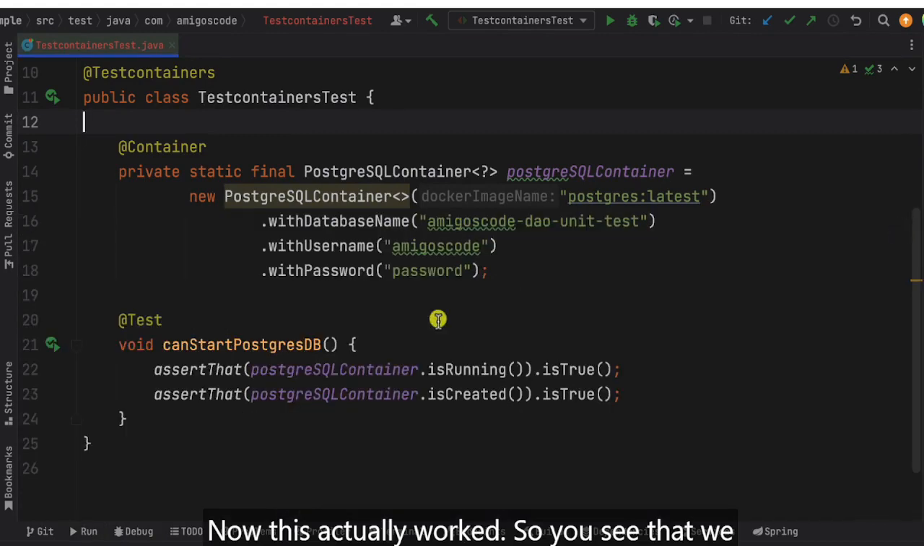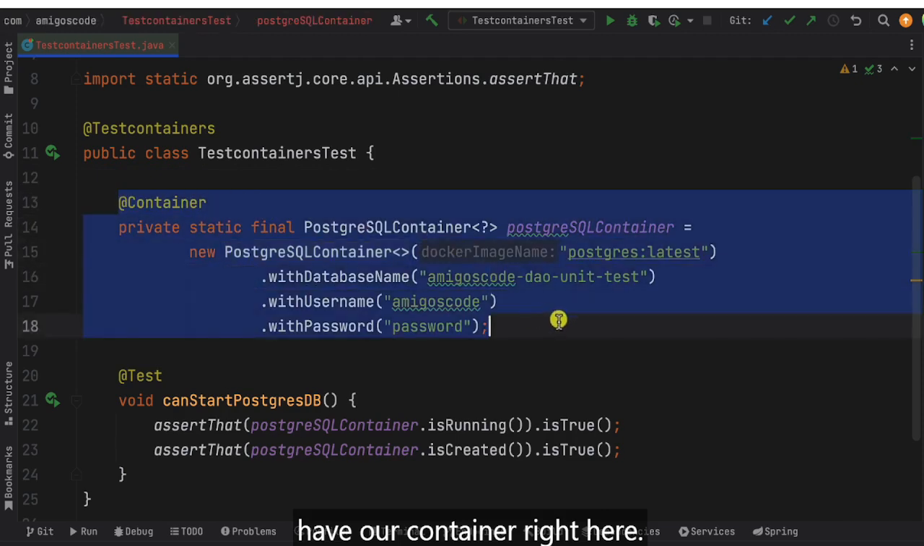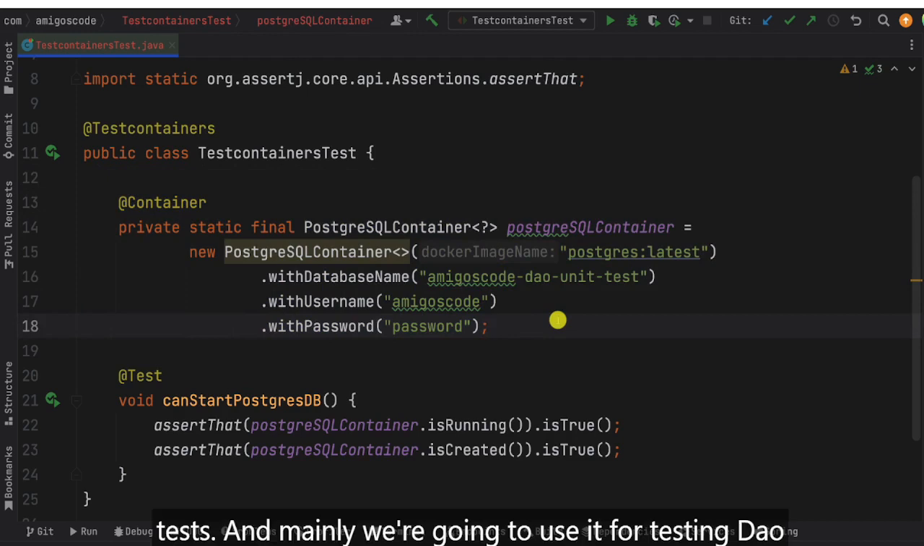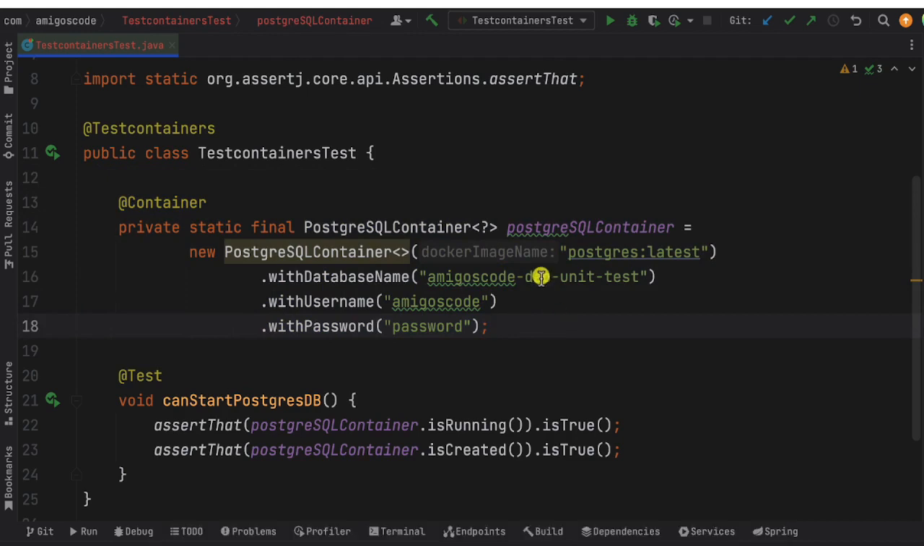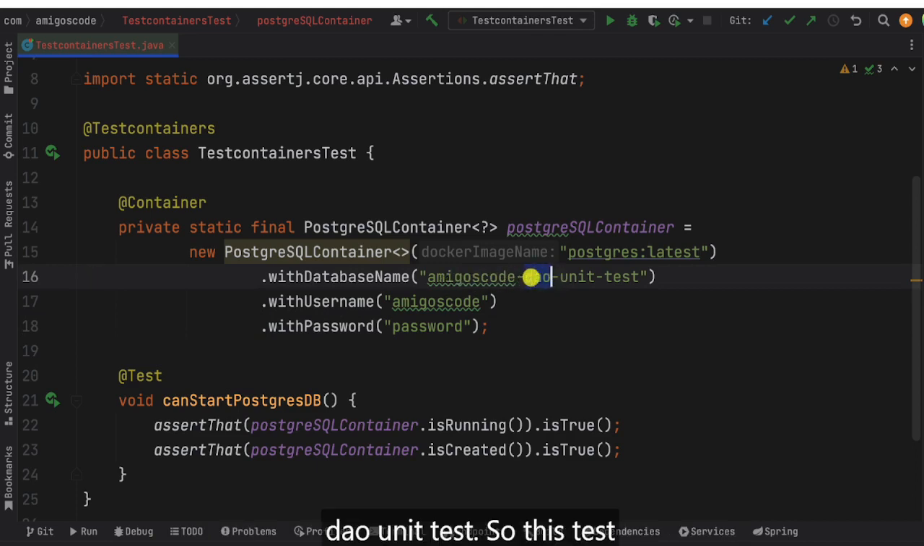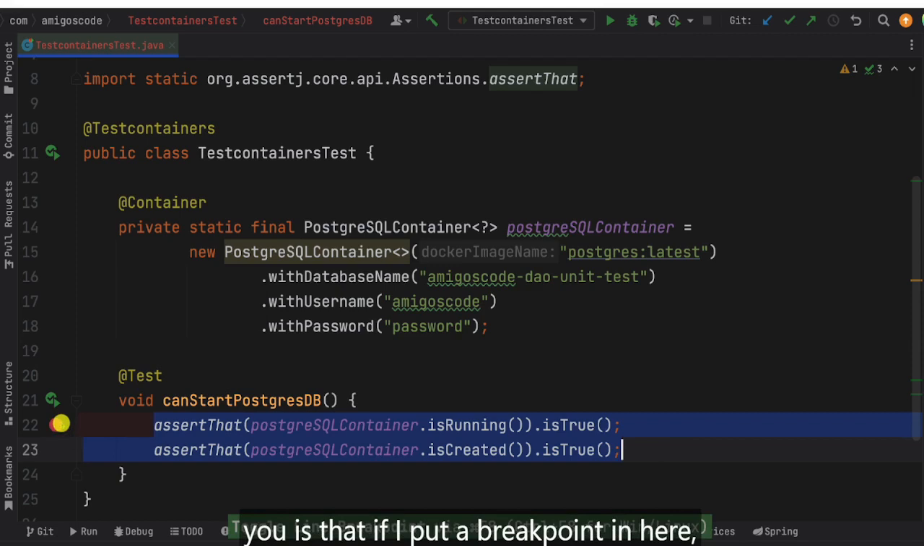Now this actually worked. So you see that we have our container right here. This is a database that we can use for our tests, and mainly we're going to use it for testing DAO layers. This is why I've called it Amigos Code DAO unit test. So this test is all good, it's passing. We've got 2 assertions, but now what I want to show you is that if I put a breakpoint in here,